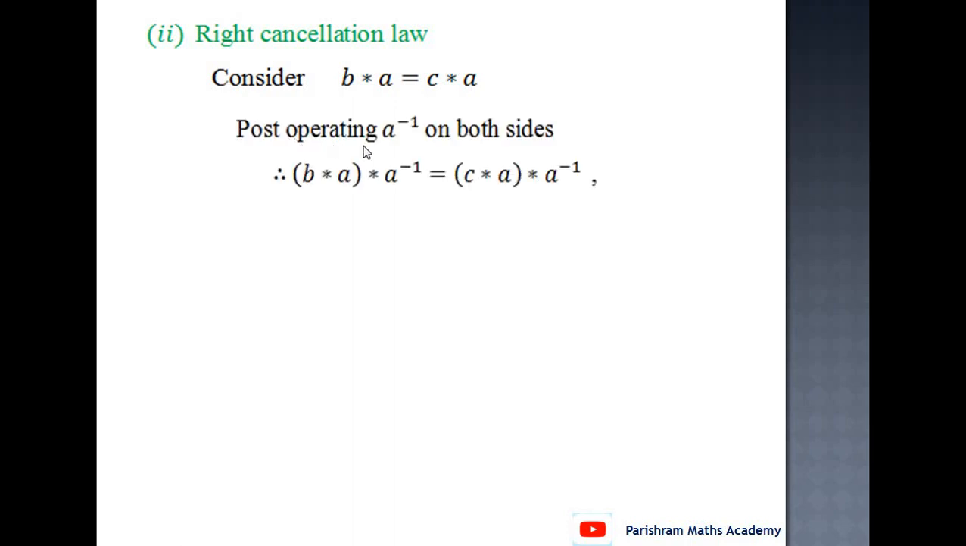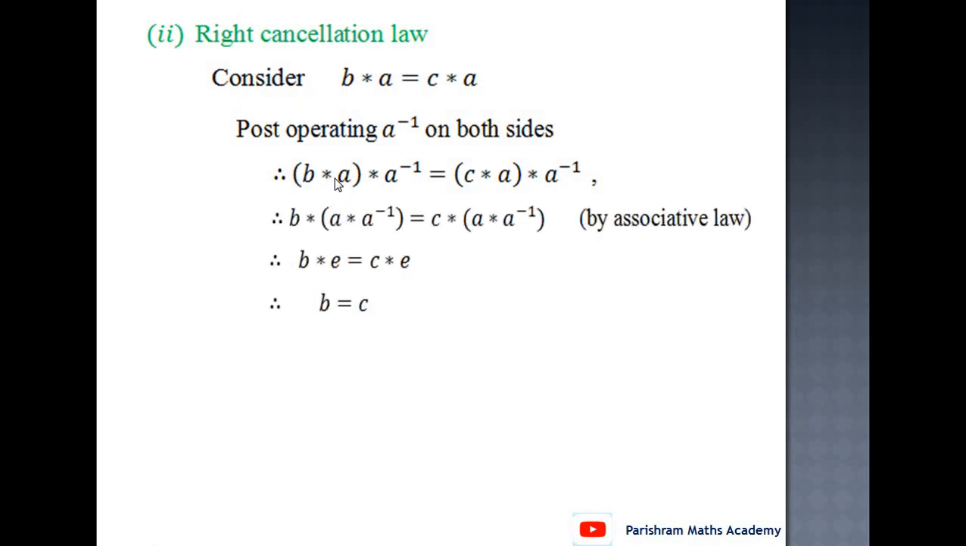Second, right cancellation law. Consider B star A equal to C star A. Now, A is an element of group G. Therefore, the inverse exists. Here, post-operating A inverse on both sides, we get (B star A) star A inverse equal to (C star A) star A inverse. Now, by associative law, (B star A) star A inverse can be expressed as